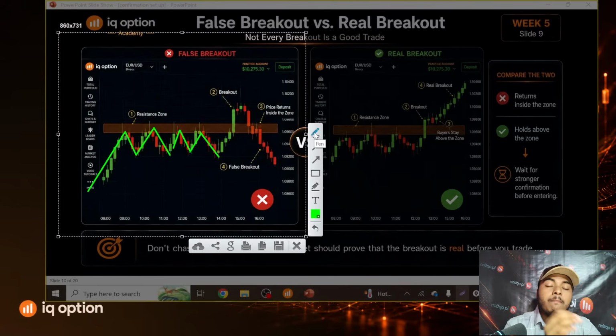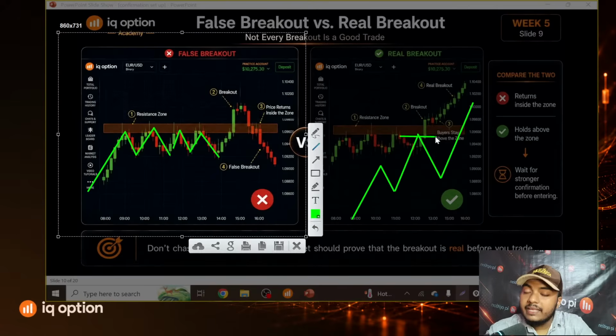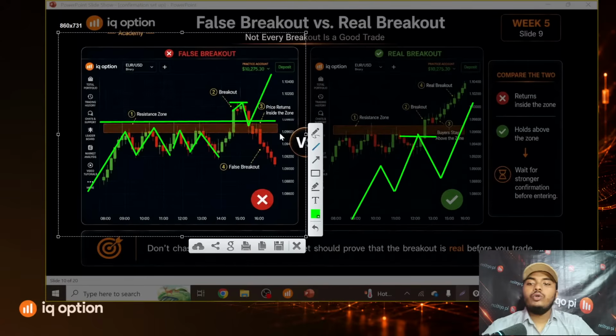If I give you a little advice here, focus on the right side where I'm drawing. The market is moving up, up, down, up, down. This is a high, right? How can we actually confirm an uptrend? By breaking higher highs and higher lows, right? So after breaking this high here, the market has to make a new higher high to confirm this as a real breakout. Plus, when you get a retest here after the breakout,